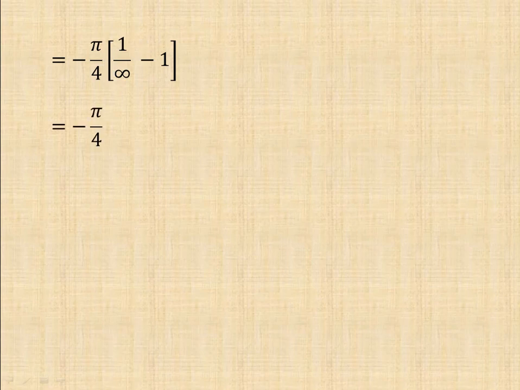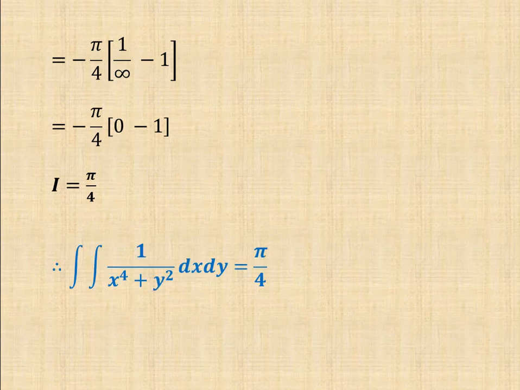Substitute the limits now. That is equal to minus pi by 4 into 1 by infinity minus 1. As we know, 1 by infinity is always equal to 0, so the step will be minus pi by 4 into bracket 0 minus 1. On simplification, I will get the answer as pi by 4. That means the answer of our integral is equal